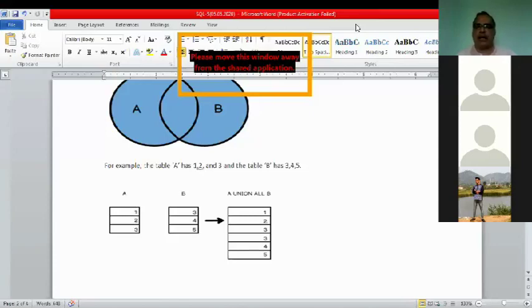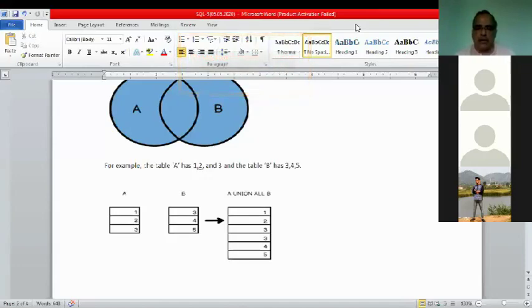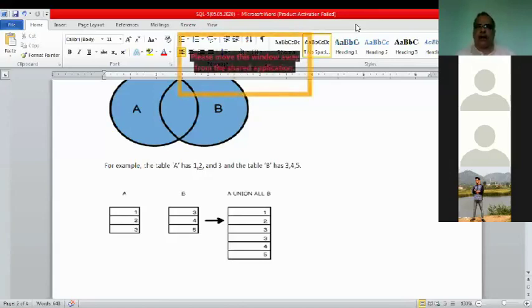COMMIT semicolon enter. And if you want to get it back, say by mistake, suddenly you remembered, by mistake I have removed it, I have deleted it, I have updated it, that should not be done. Then you write ROLLBACK, no space, single word. On the SQL prompt, write ROLLBACK semicolon enter. So again, you will get all the operations back. Undone, undo.